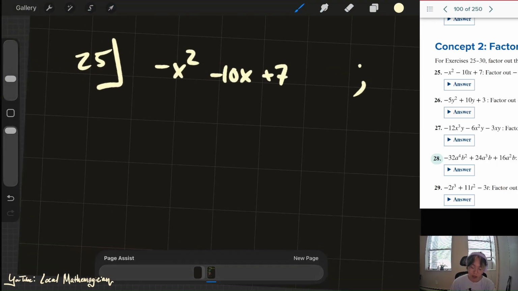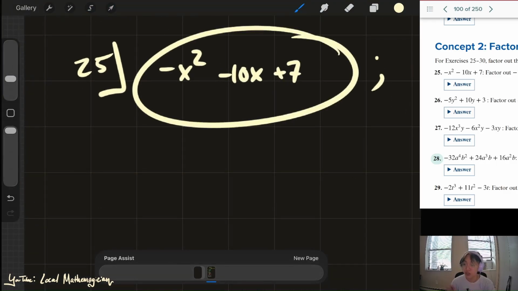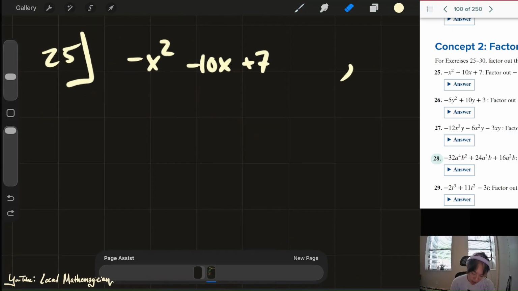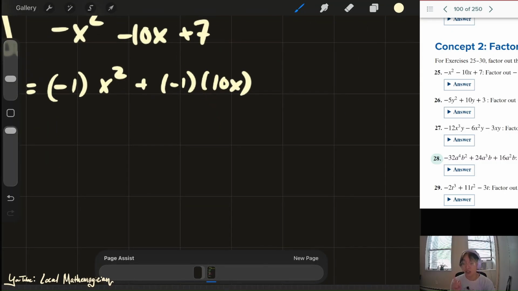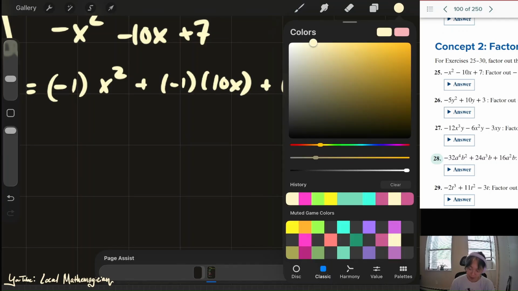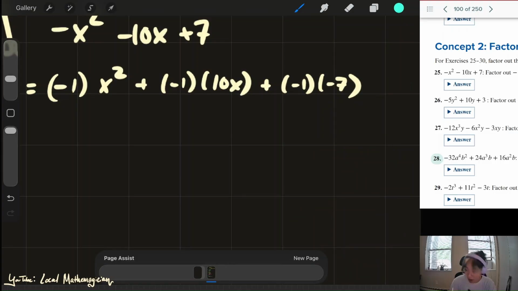We want to take out a -1. We're going to want to write this in terms of stuff times -1, because that's what we're doing. So negative x squared is the same as -1 times x squared, plus negative 10x is the same as -1 times 10x. Positive 7 is a little weird, but that's okay, because this can be written as -1 times -7. And once you have that factor out, -1, -1, and -1,